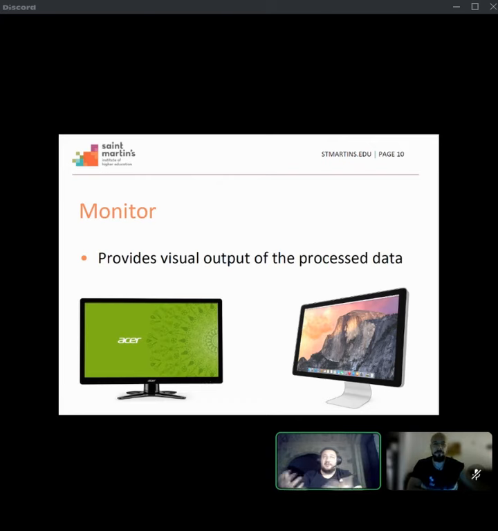Again, these are one of the more prevalent output devices for most computers. Not all computers actually need a visual output. In fact, servers, for example, certain servers could have what is known as a headless system, which doesn't actually have an output